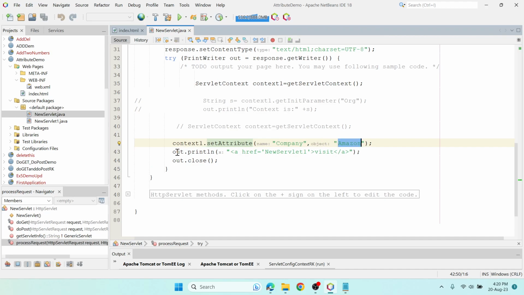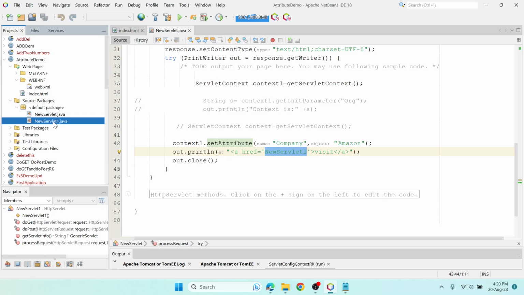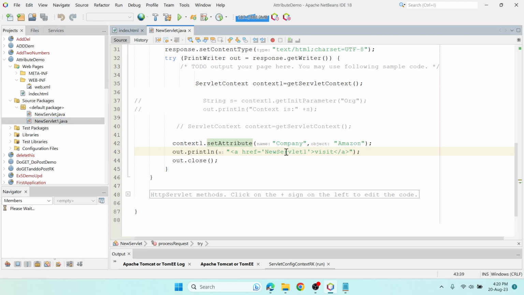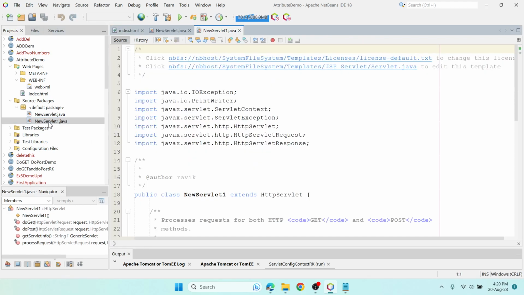Fine, that's it. And then I'm creating a hyperlink for servlet 2 over here. So this is the name of servlet 2, my second servlet. So I'm just creating a hyperlink and then closing it. So now if I open this second servlet,